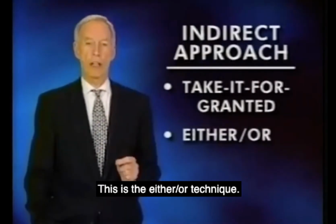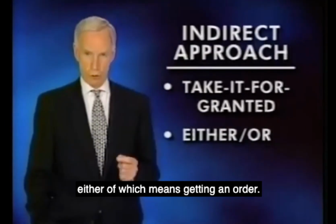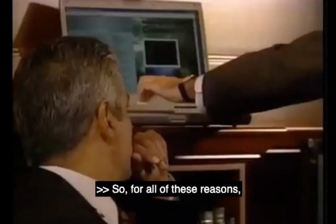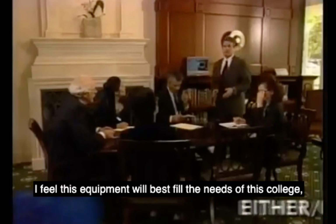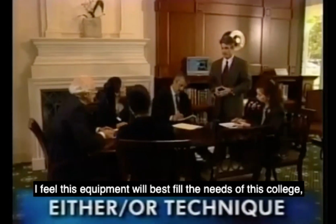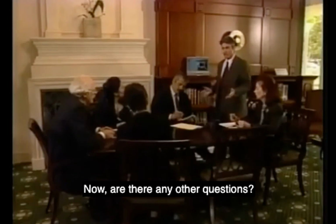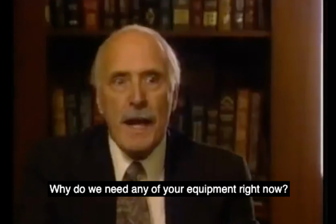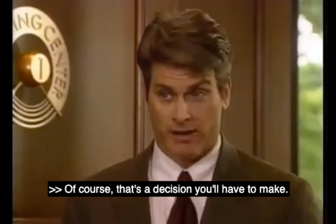So, for all these reasons, I feel this equipment will best fill the needs of this college. And I hope the board agrees. Now, are there any other questions? I got one. Why do we need any new equipment right now? Of course, that's a decision you'll have to make. Ms. Chalmers feels the old system is unsatisfactory. I'm still not convinced. Get the old equipment fixed if it doesn't work right. As I say, Mr. Jenkins, that's up to you and the board. But if it's a matter of the financing...